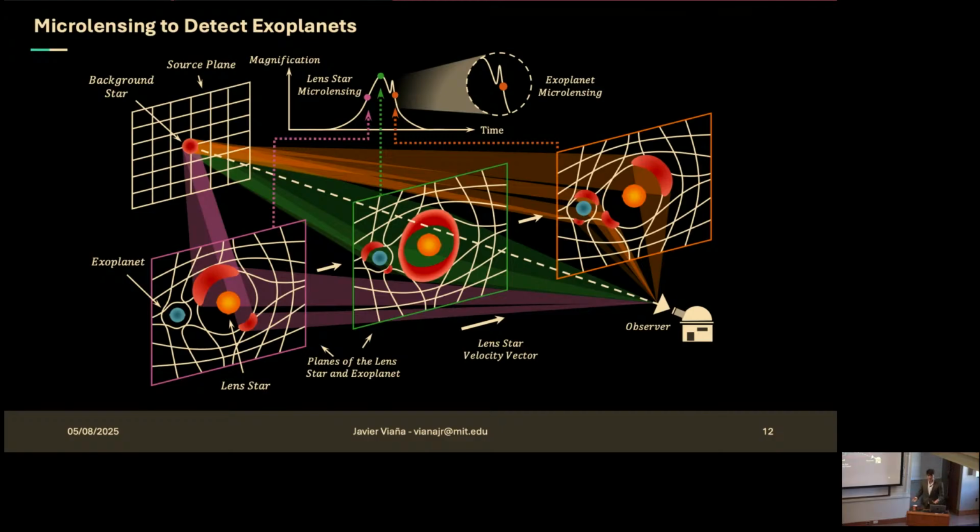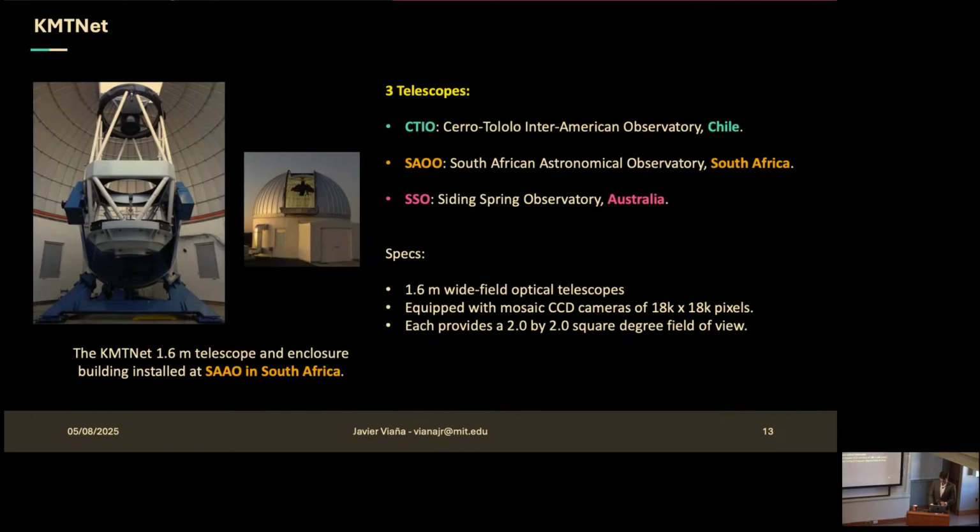So it's a very useful way of detecting exoplanets, because once you know there's a microlensing event happening, you can then trigger other telescopes to point at that source, and then obtain from there whether there's a microlensing exoplanet or not, right? So